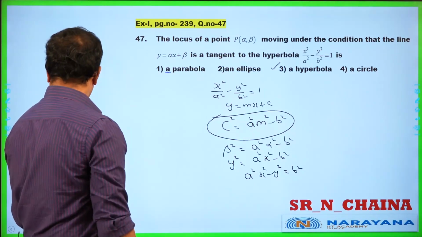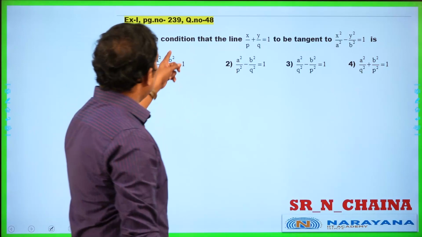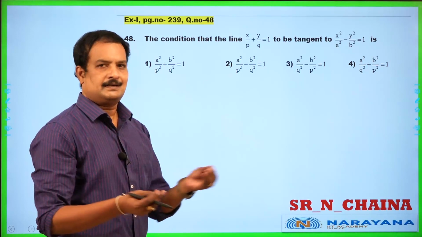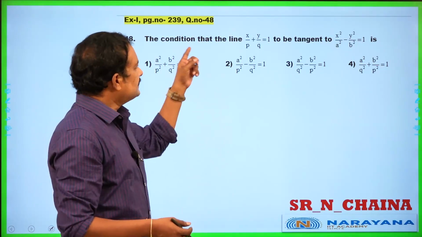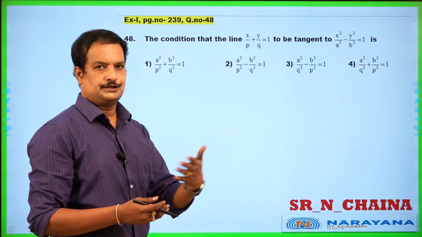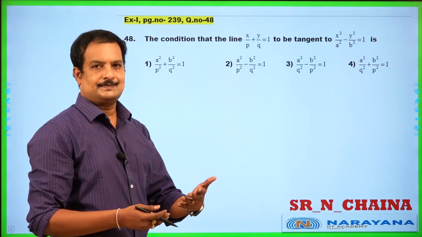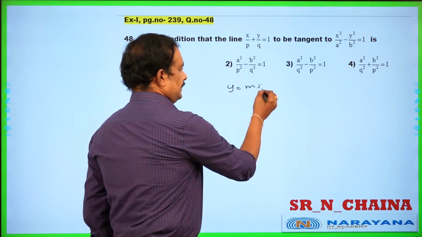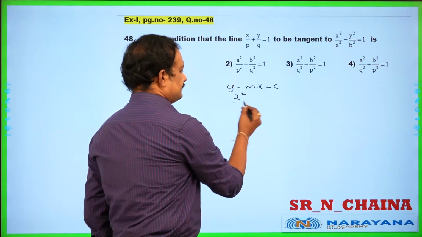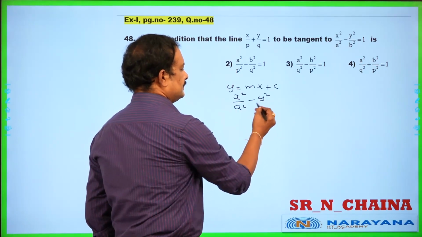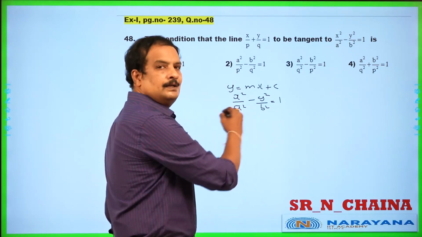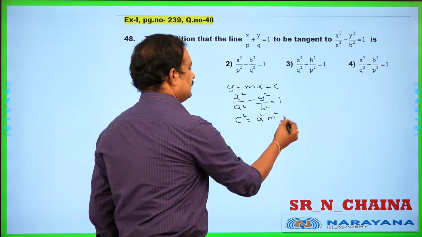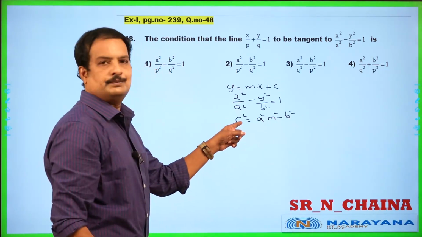Okay. So in this case, the given condition is what? This line is a tangent to that one. Then what is the condition to be satisfied? Condition of tangency once again. When some line is a tangent to the hyperbola, what is the condition to be satisfied? C square equal to a square m square minus b square. Just now I told you. So when the line is y equal to mx plus c for example, and the hyperbola is x square by a square minus y square by the b square equal to the 1, what is the condition of tangency? That is c square equal to a square m square minus b square. So this is the condition to be satisfied.